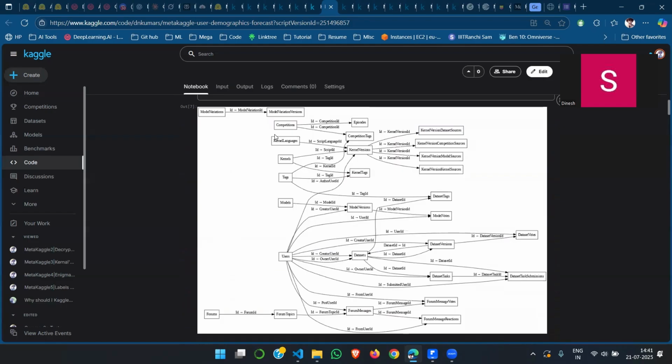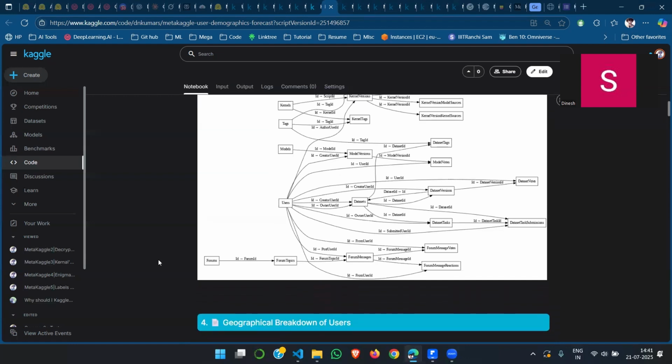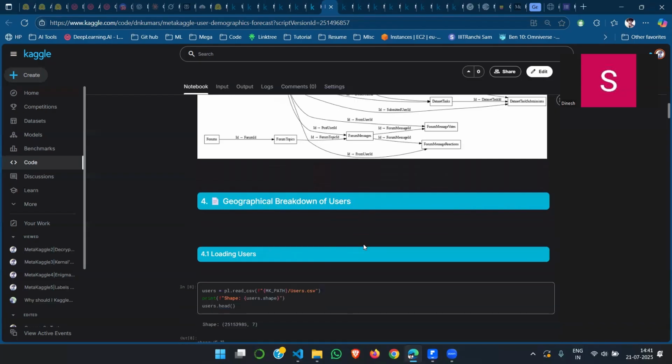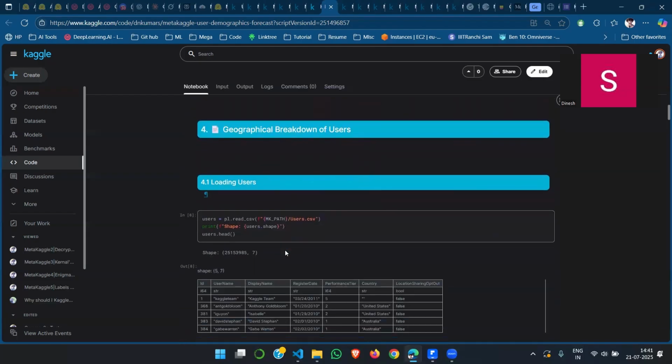For example, there is kernel languages and kernel version. In that, using script language ID, the kernel version is connected to the kernel languages and etc. You can find many more in this. And now let us